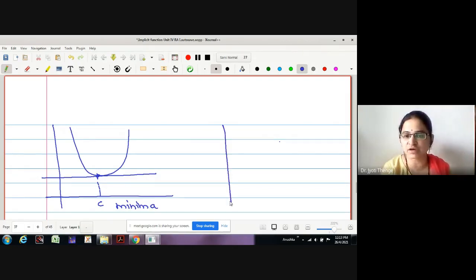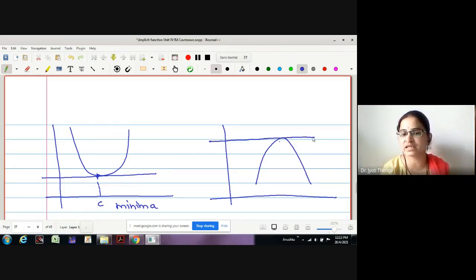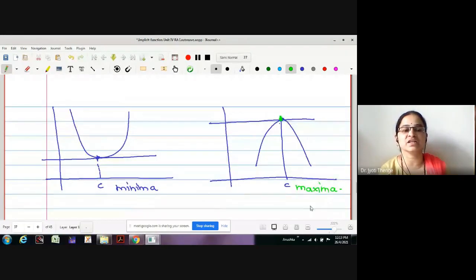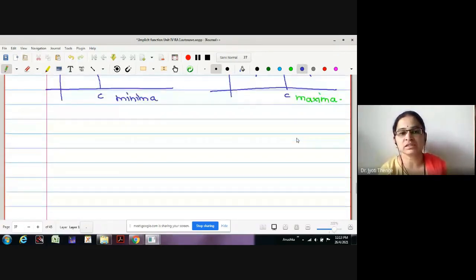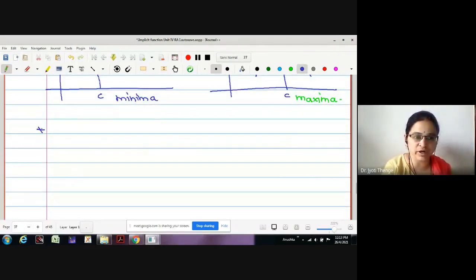And whenever the nature of the curve is concave down, meaning it is of this type, and if we find the point at which the slope of the tangent is parallel to the x-axis, let me write this as a point C. Therefore, this point is at the top of the curve, and this is no doubt giving us the maxima. This is the logic used behind writing f double dash of C greater than or equal to 0, or f double dash of C less than or equal to 0. Now we will try to elaborate this in more detail, with the definition of an inflection point.